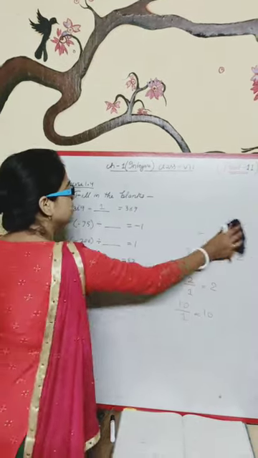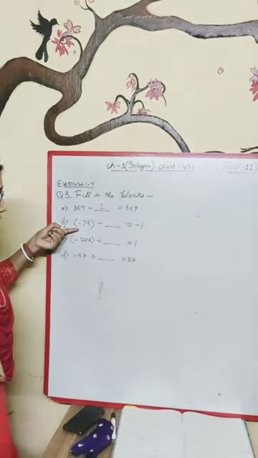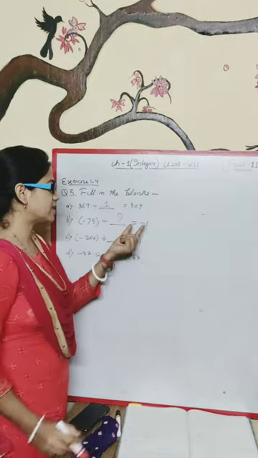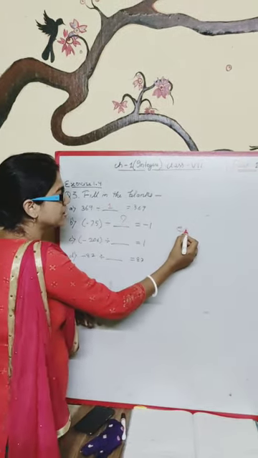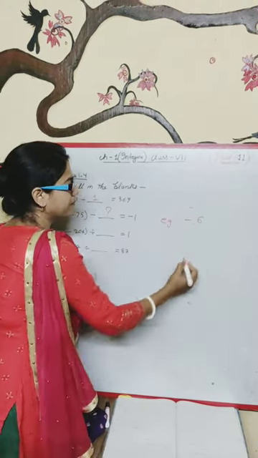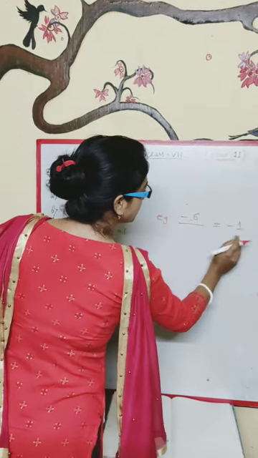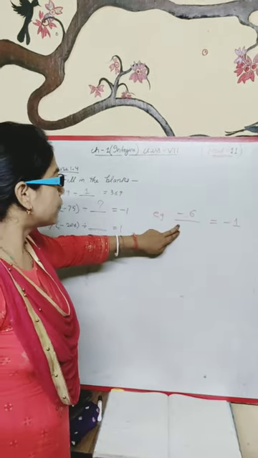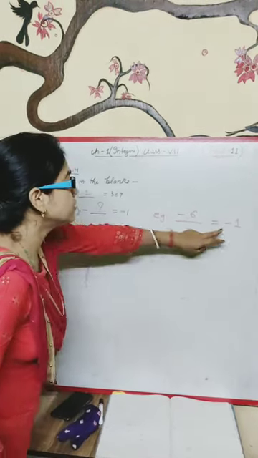So this is the next question. Minus 75 divided by which number? The answer will be minus 1. So I am taking another example. You just see, if there is minus 6, and you divide minus 6 by which number, the answer will be minus 1? You just see. From which number do we have to divide this minus 6 so that the answer will be 1?